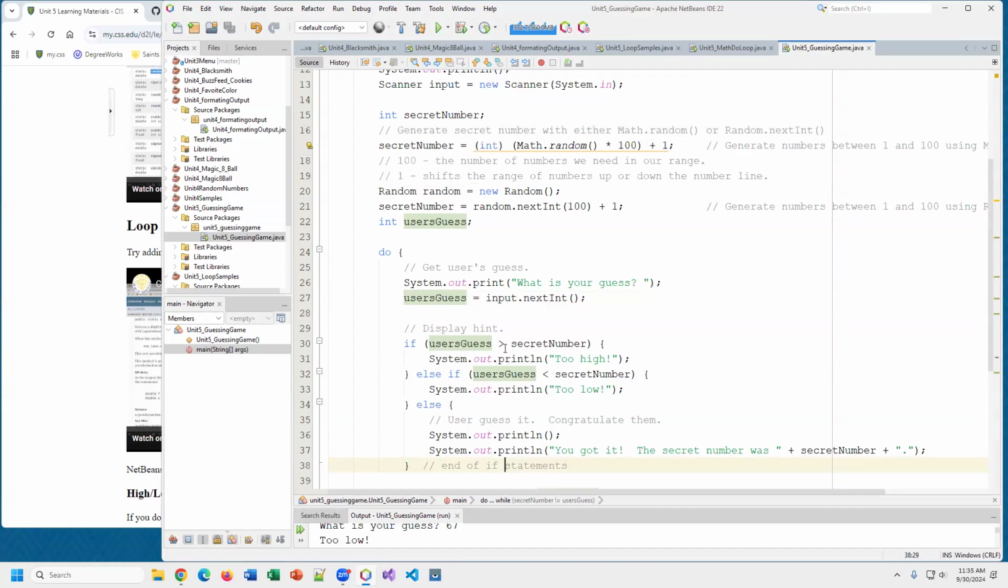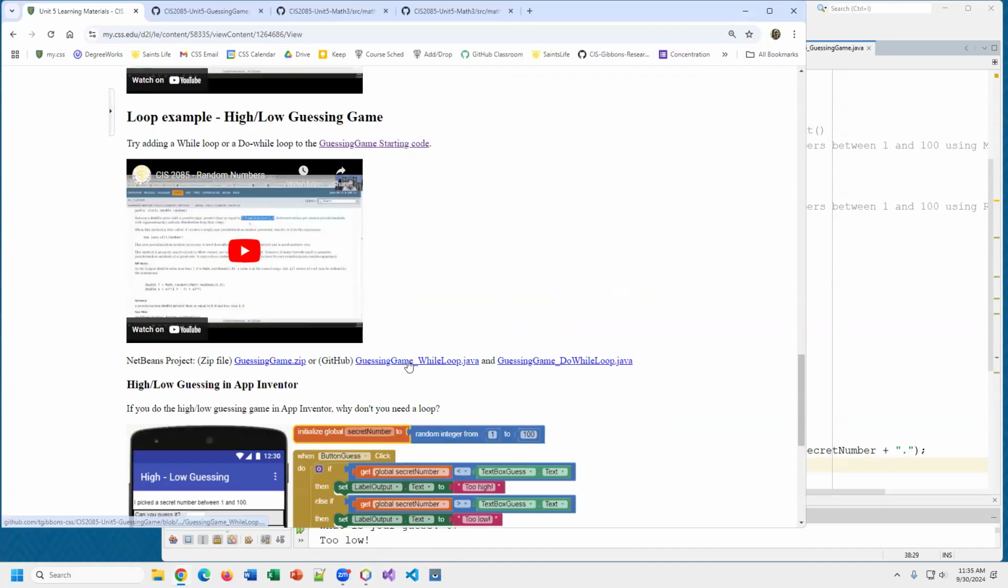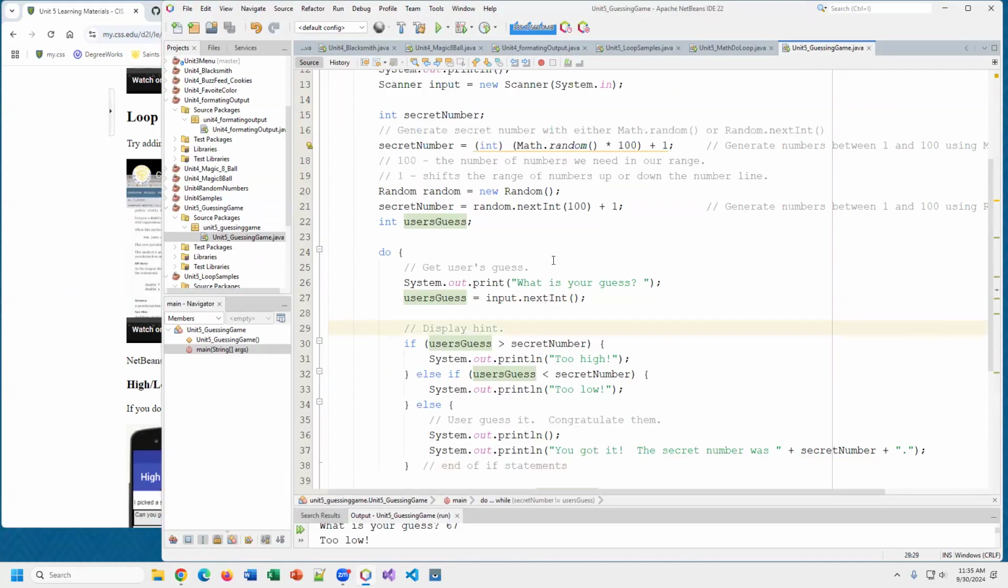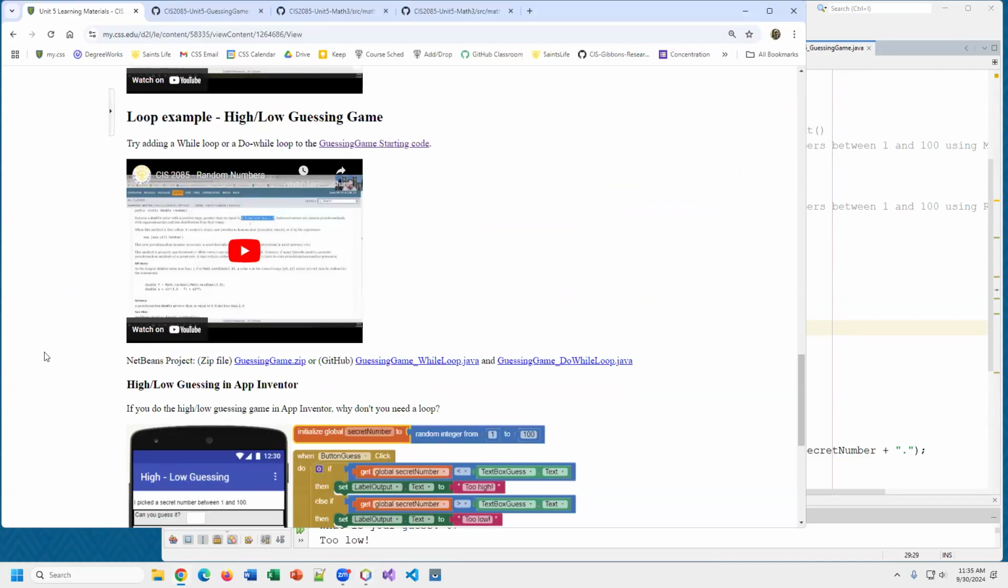So we'll revisit this on Wednesday. So there's versions of this code here with a while loop and a do while loop. If you want to see, it should be basically the same code I have here. And we'll work through the